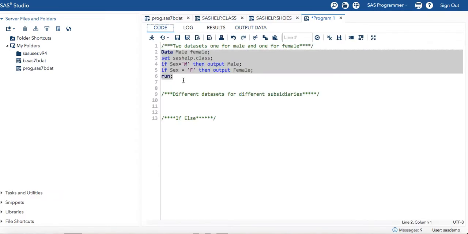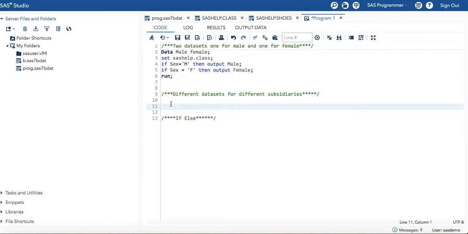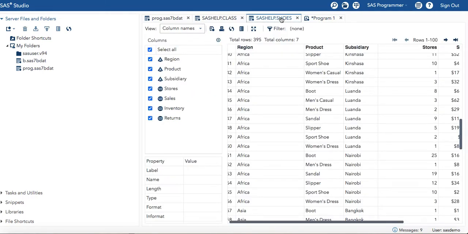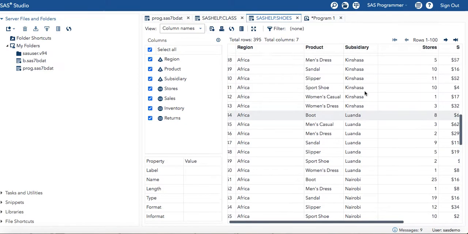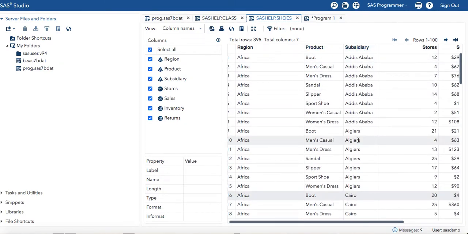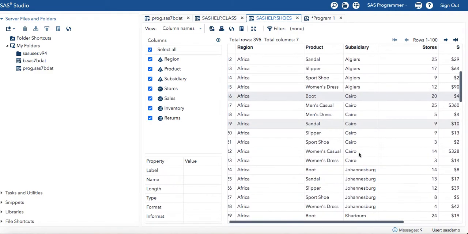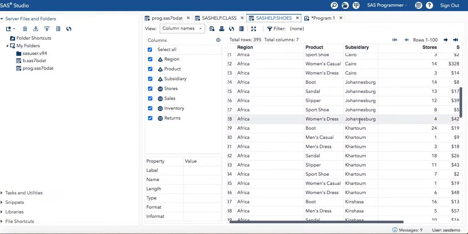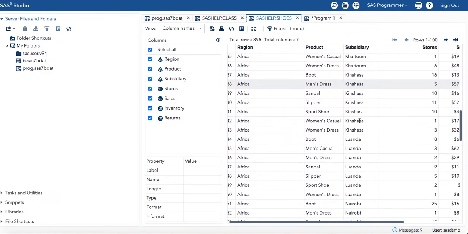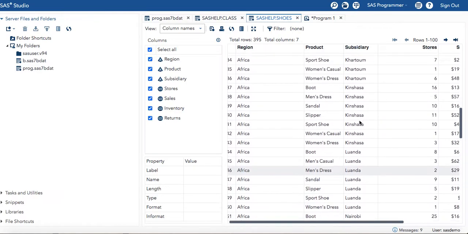Right. Now let's see another example where we need different data sets for different subsidiaries. If you remember, we have the SASHELP.SHOES data set where subsidiaries are listed as per the region. Say I have a requirement to segregate the data as per subsidiary.